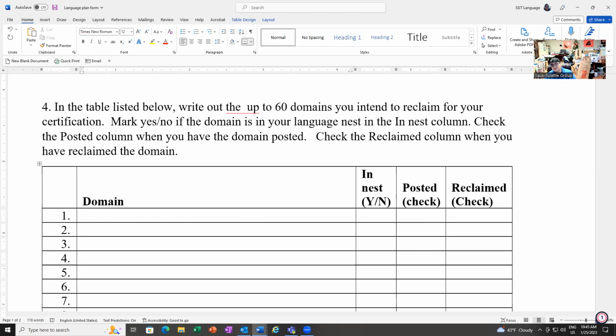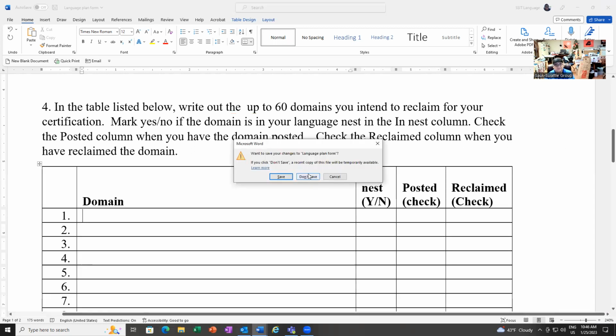Eventually, if you work on this and reclaim one domain a day, that's 365 domains in 1 year. And when I said there's over 10,000 domains in the kitchen, I really mean it. You could sit there for like 3-4 years in just the kitchen alone. Go ahead and put down the domains you have here that you know off the top of your head.